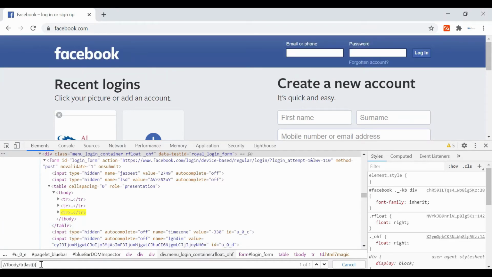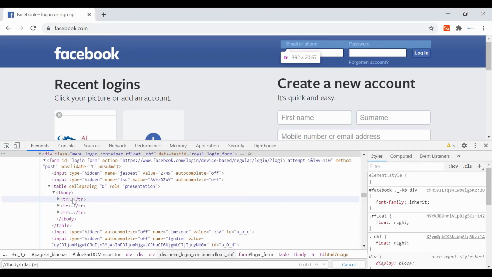Also, if you want to go to the one previous to the last, you just have to use last minus 1. As you can see, it goes to the previous node. If you use last minus 2, it goes to the first node.